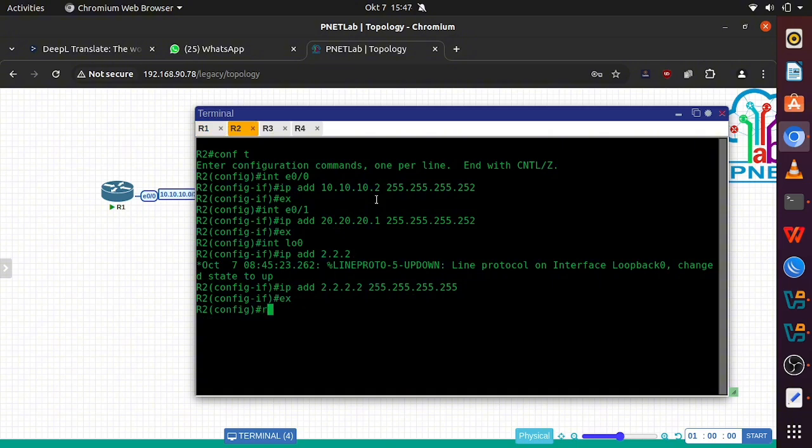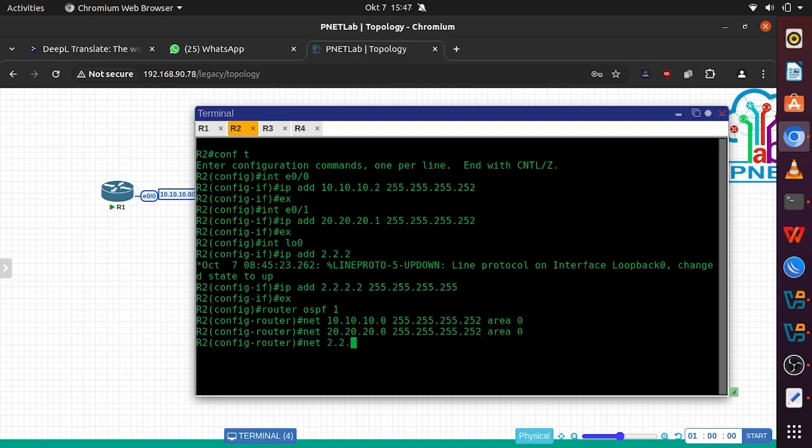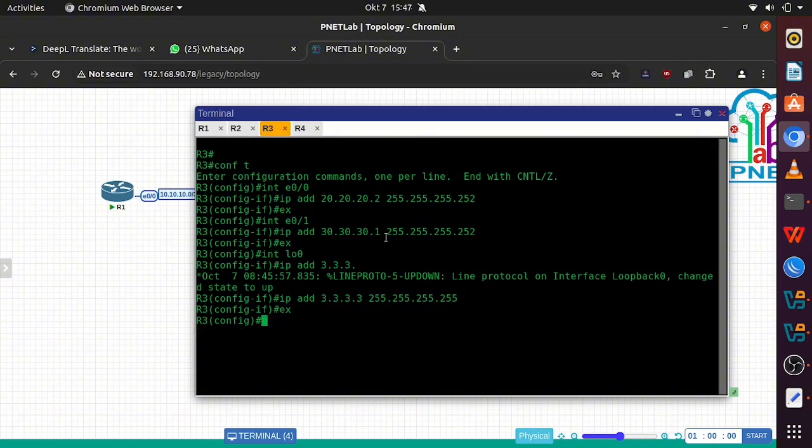Next, on router 2, we do the same thing, making router OSPF 1 and putting in the network again and choosing area 0, and put in the IP address of the network, and also put in the interface loopback IP network.